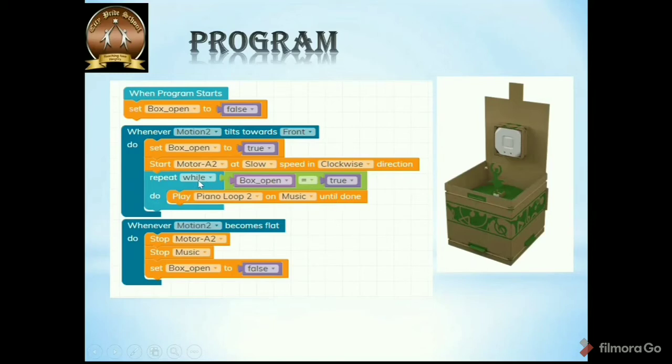There are two types of statement exactly, if statement and while statement. So in this case, we are using the while statement, and we are going to learn further in our further programs about the if statement also, in which circumstances the if statement is used and in which circumstances the while statement is used. Actually, the while statement is for that particular time. So here we are using this because we need the music only when the box will remain open.